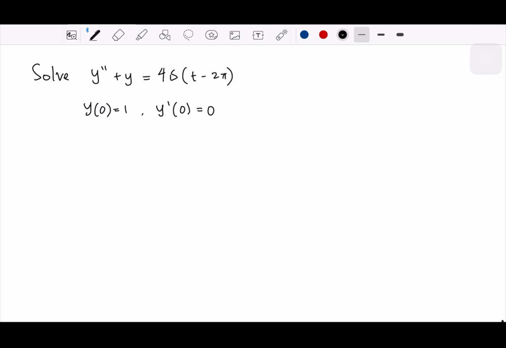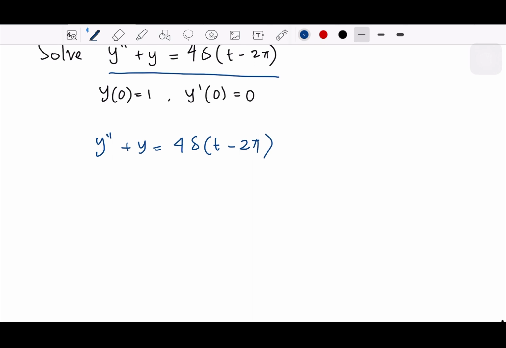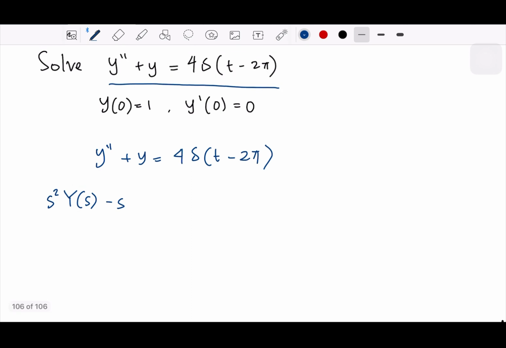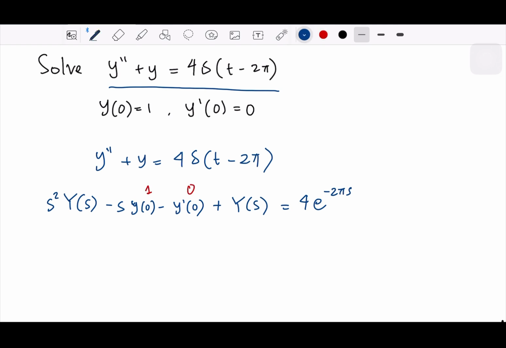So first we need to start by taking the Laplace of this differential equation. Let me write. Okay, we start from the y double prime. So we are going to have, remember, s squared capital Y of s minus s y0, and then minus y prime 0, right? And then plus the 4 delta, this will be 4 as a constant. The delta will be e to the power of negative 2 pi s. This is 0, this is 1. So we have s squared